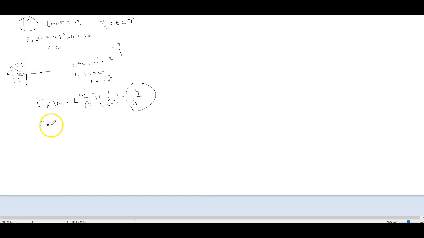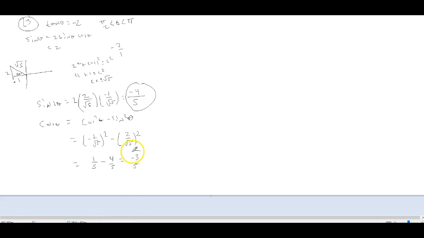Okay, cosine of 2 theta, I'd use the identity, which is cosine squared theta minus sine squared theta. I already found cosine. Cosine is going to be adjacent over hypotenuse, so that's -1 over the square root of 5, squared, minus 2 over the square root of 5, squared. So I got 1/5. 1 squared is 1. Square root of 5 squared is just 5. Negative goes away because I'm squaring it. And then I've got 4 over 5. This gives me